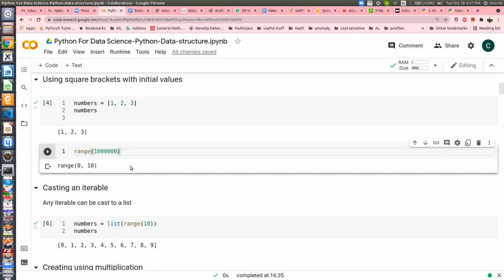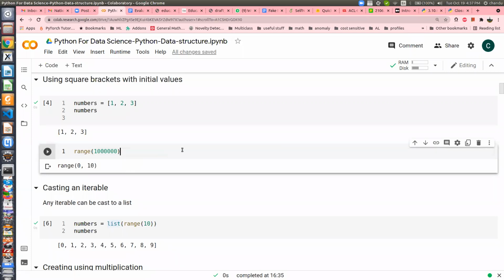It will not allocate memory in your RAM for 1 million items. It just says that whenever you need an item in this range, I can create those items on the fly, rather than pre-allocating memory for 1 million items. So that's the beauty of generators in Python.